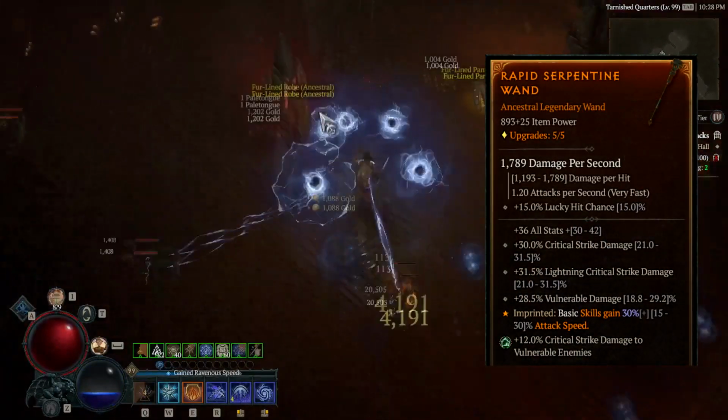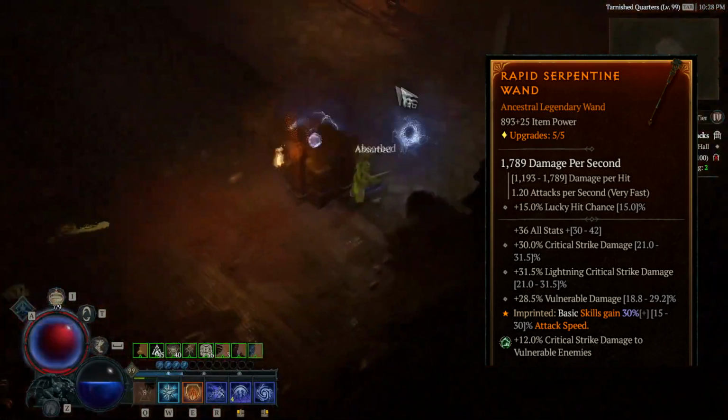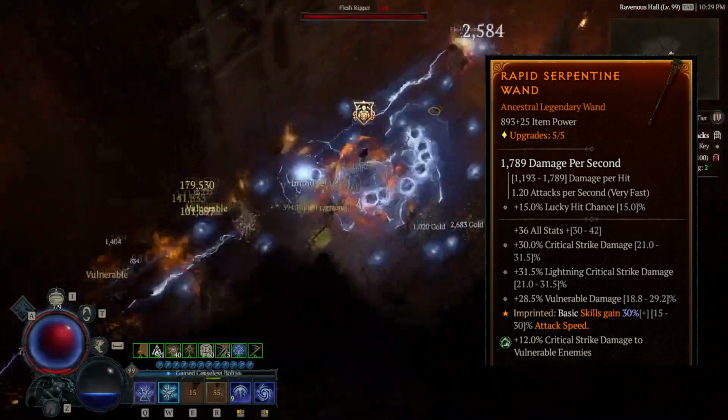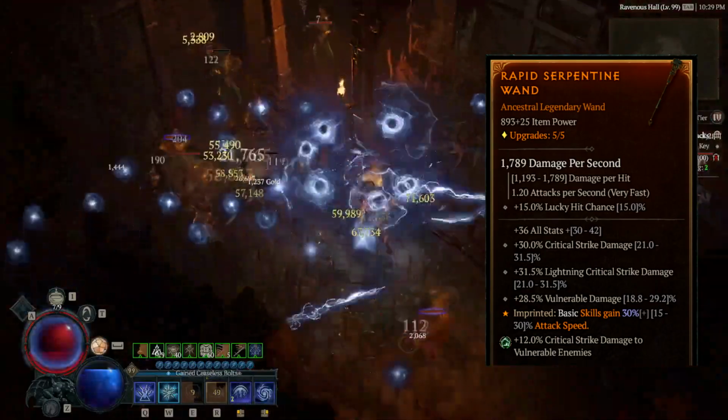On my wand, I focused on double crit damage and vulnerability damage. Vulnerability damage has been nerfed, so you can opt to get mastery skill damage instead if you'd like. I've imprinted the rapid aspect to boost our basic attack speed and socketed an emerald to boost our crit damage